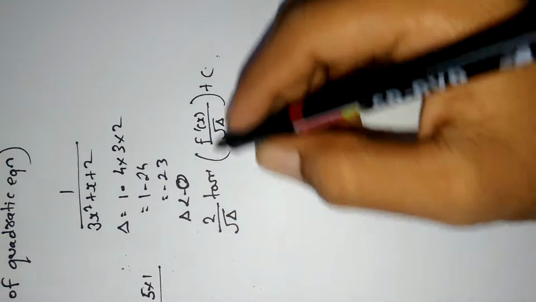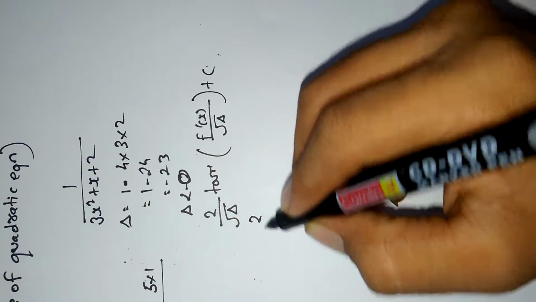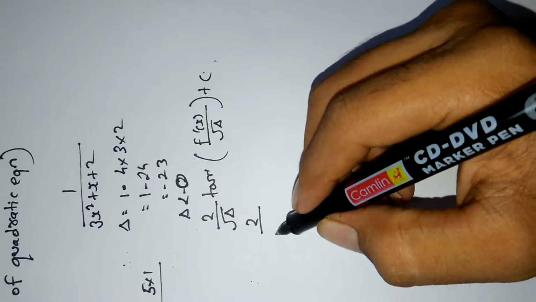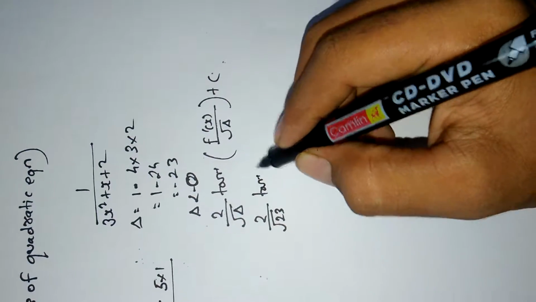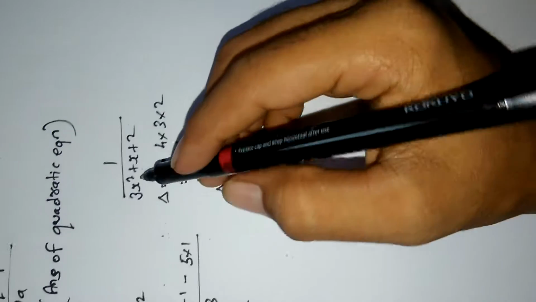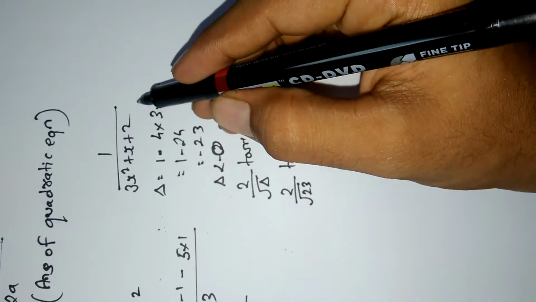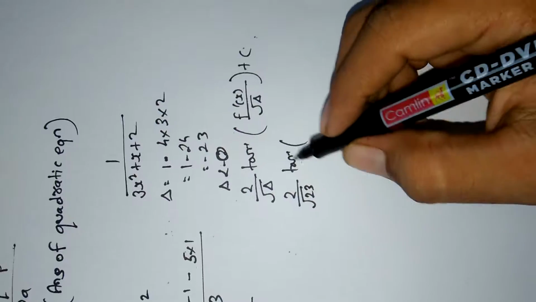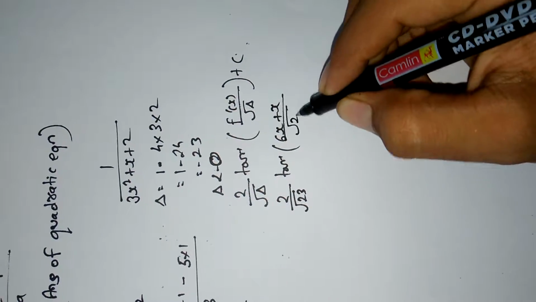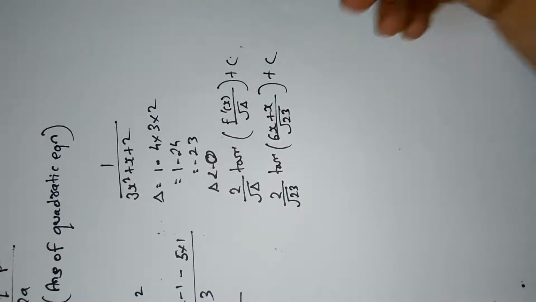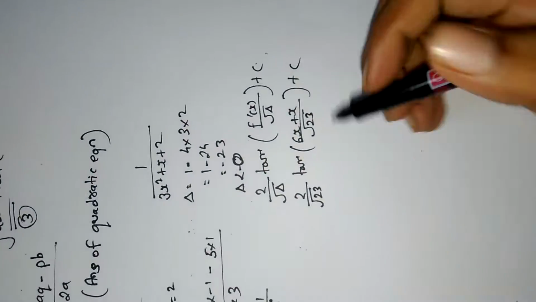So putting the value, 2 upon under root of 23, and f dash x means the derivative of this equation. So the derivative of this equation will be 6x plus 1 upon under root of 23, and that's it. So putting this value